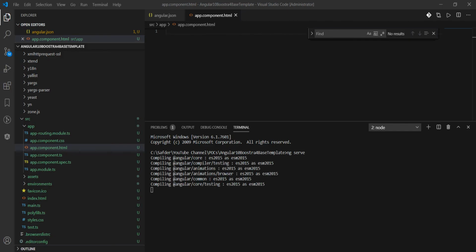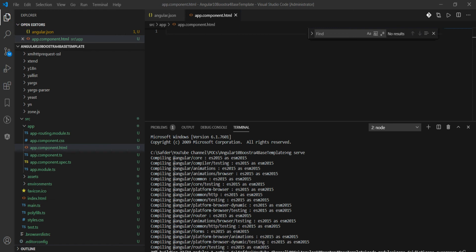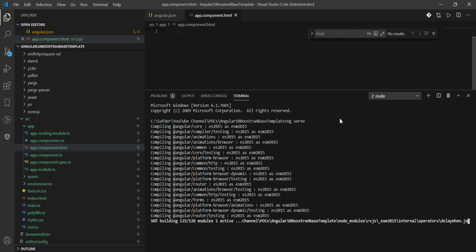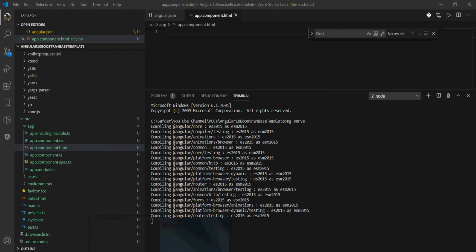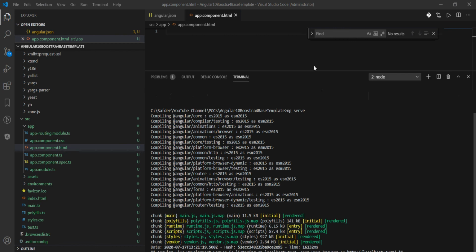Our code is compiling right now before getting served on the browser. It will take some time. The project is building right now. So I believe we are good to go.